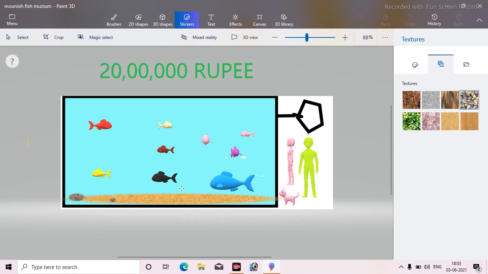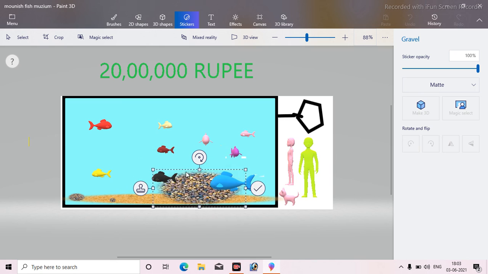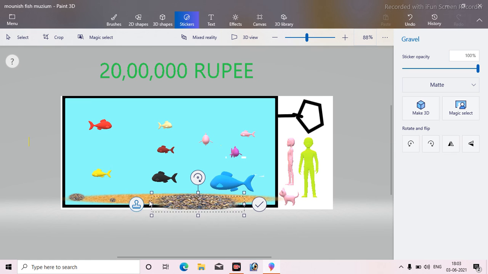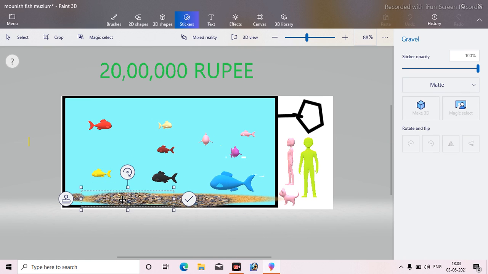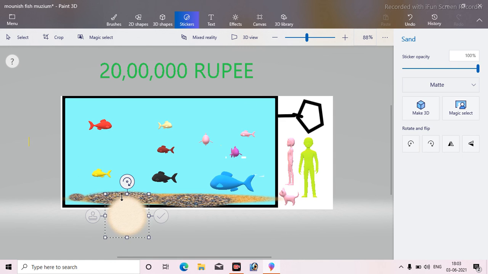I click on this, then simply do this. Now this is too big. Just do this, and see, the gravel is here, and I can make stamps. And in sand I can make sand also. Click sand, take it here, and place it like this, and here. Stamp, and here tick. Tick means that it will be pasted there.